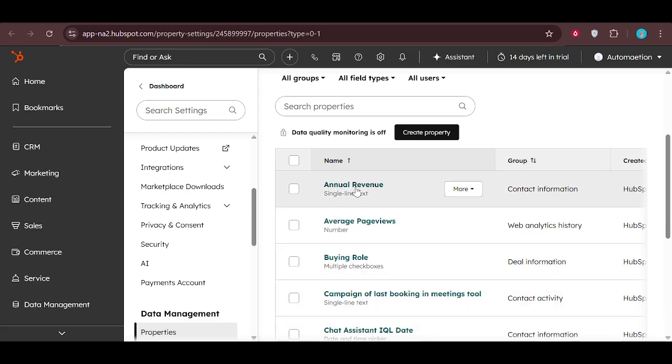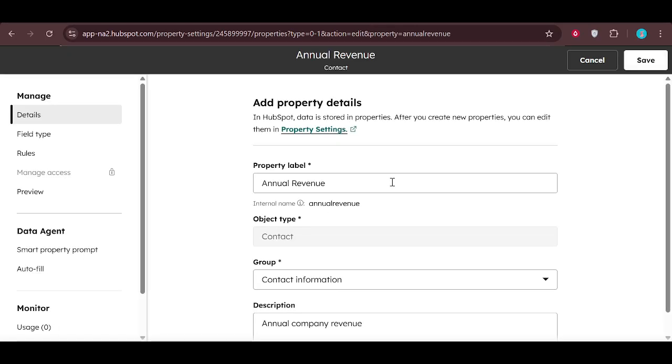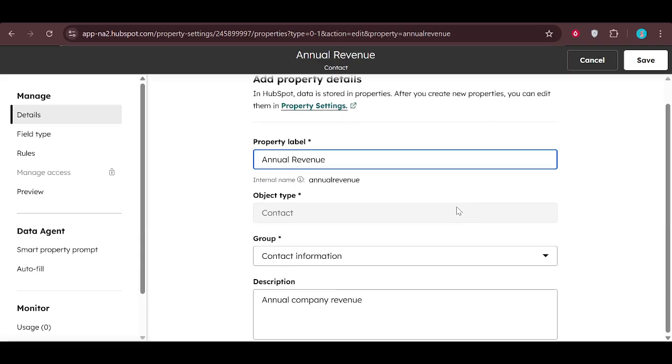Group related fields together in ways that match your real processes. For example, you might keep life cycle and lead qualification properties in one group and billing or contract details in another. Anytime you're working with properties and groups, it's a good idea to make changes gradually and communicate them with your team. That way, everyone understands where to find key information after you've reorganized things. And remember, you can always come back to this same properties area in settings to refine your structure as your